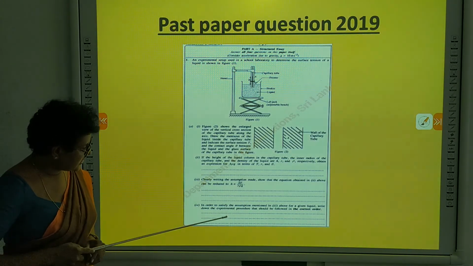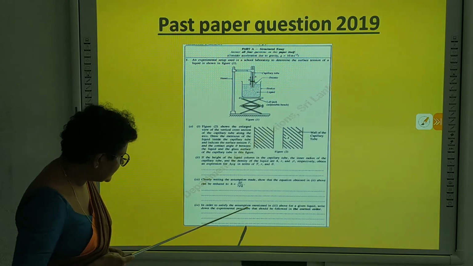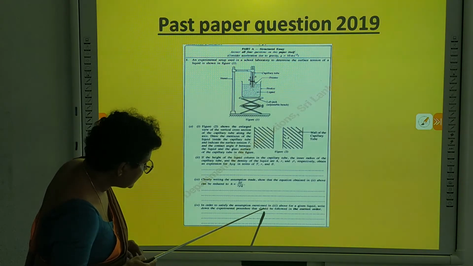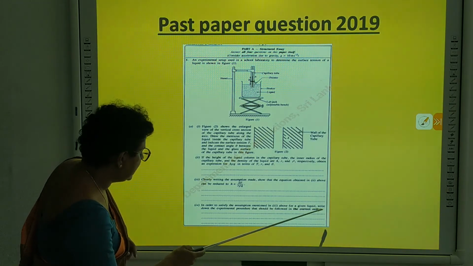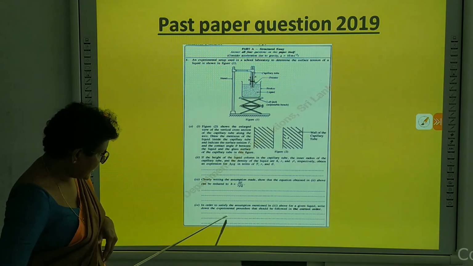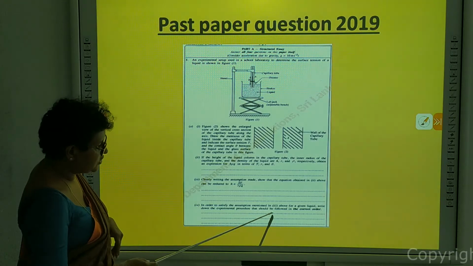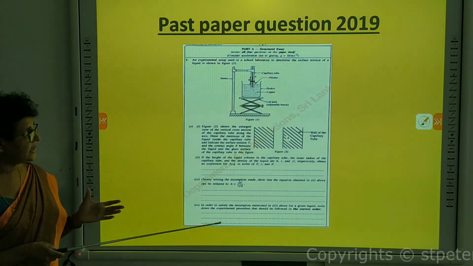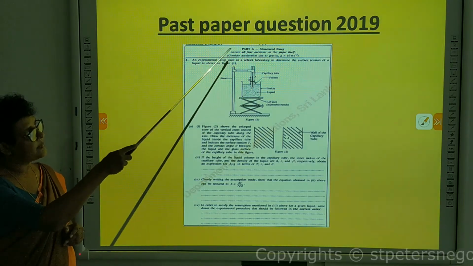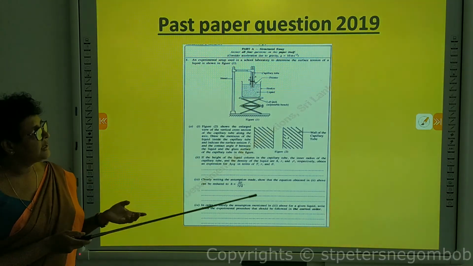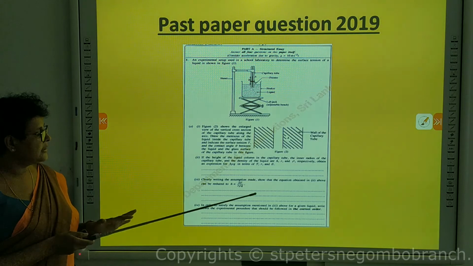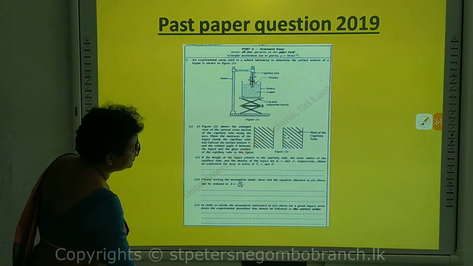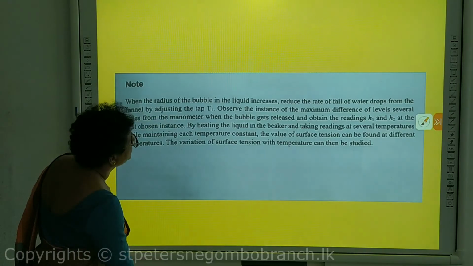Now this question. In order to satisfy this assumption, right? Remember, you mentioned in 3 above, for the given liquid, write down the experimental procedure that should be followed in the correct order, right? So that is, you should clean the capillary tube first with a base, then with the acid, and then with water, and then only you can do the practical, right?